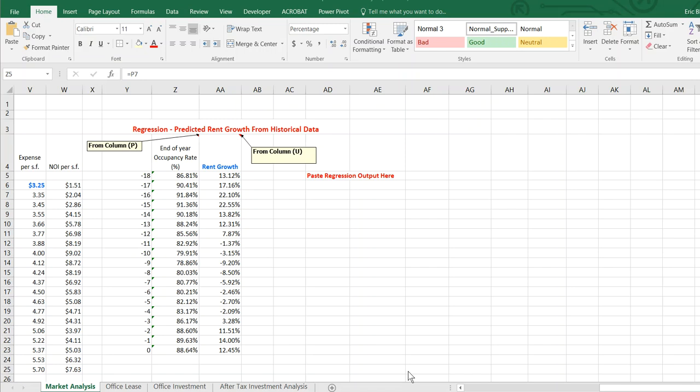Again, the end goal of our market analysis is to project future rents and growths in rent. And we're going to do that using our past data, which we've accumulated in this worksheet. We're going to use occupancy rates for the last 18 years and rental growth rates for the last 18 years to perform a linear regression to estimate what might happen to our rental growth rates in future years based on